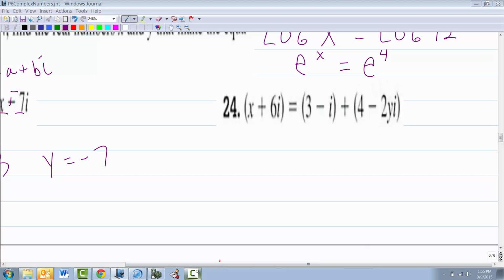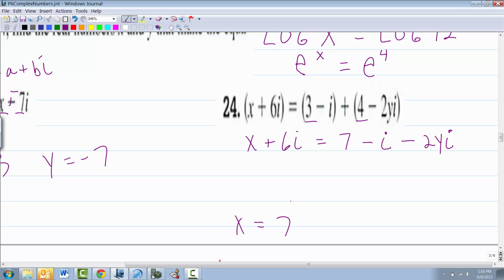Ooh, you might have to do a little bit of extra stuff. Okay, so we did have a person get 7 for x already because they did do this. All right, this is just a mess a little bit more than the last question. But my issue and everyone's issue should be, there seems to be a floater in here. Something that's bothering me that doesn't belong maybe on one of the sides. So that's why x equals 7. You're right. Because 7 is in that A position, so x equals 7. What do you think I should do, though? Something doesn't match, and I've got to do something about it.